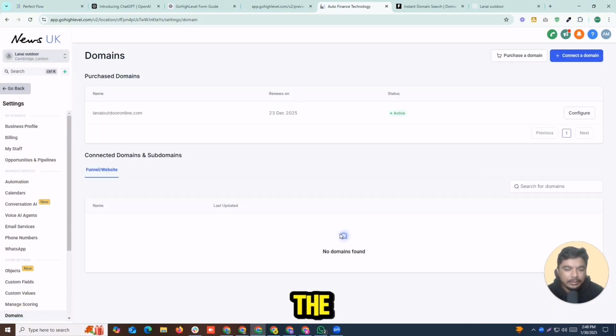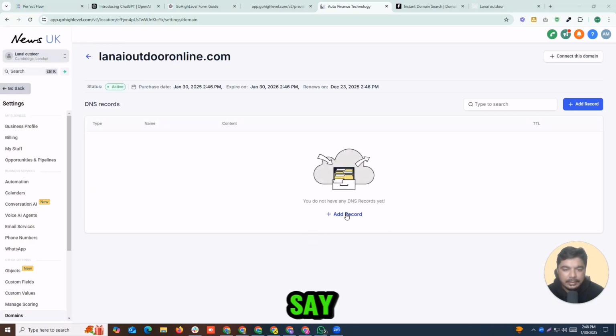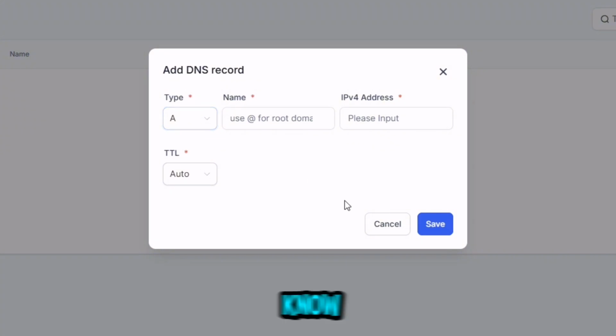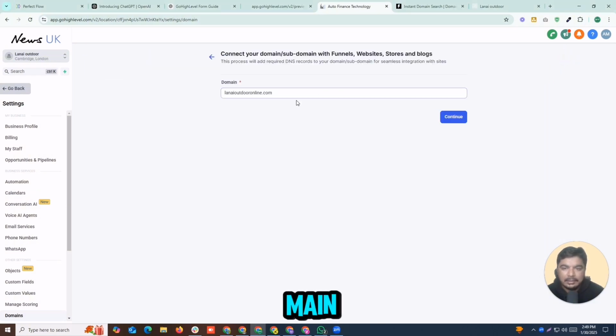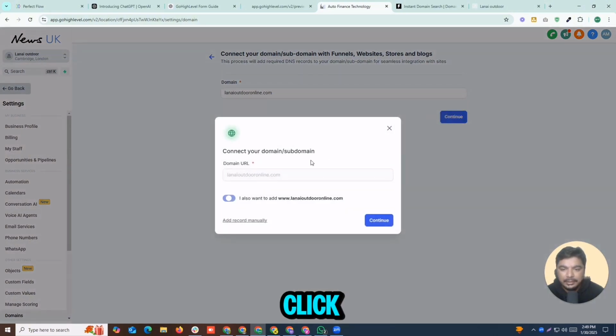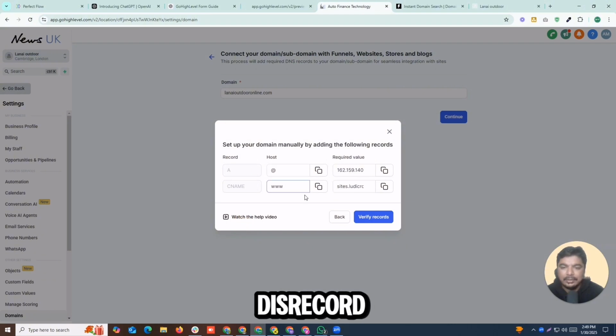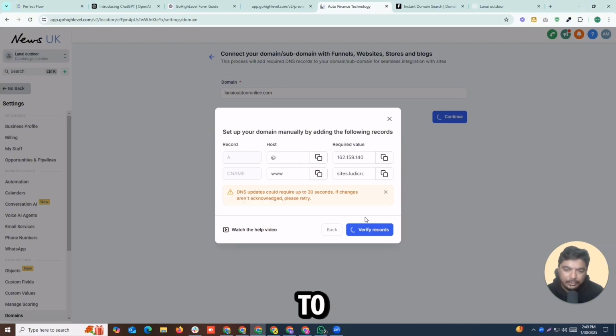I will integrate the domain to configure, and it will say add record, but right now I'm not going to add a record here. So simply go to the settings area, you see connect this domain, select this domain and select continue, and wherever you want to add it, simply add this record manually in your area. I just verify it, and it's automatic. It's super easy, and when it verifies, after that you can link with your funnels, with your website,